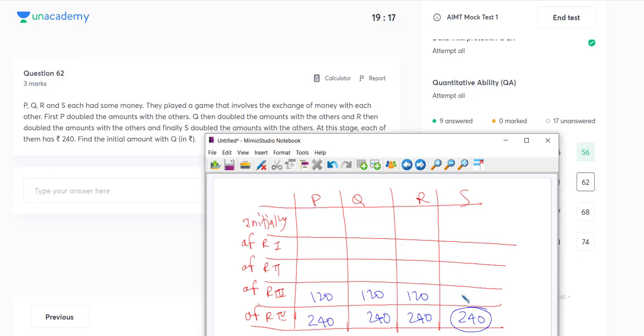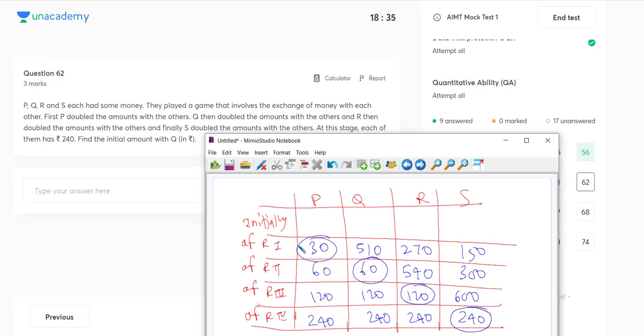360 plus 240 is equal to 600. Over here R doubled, so this will be 300 here, this will be 60, this will be 60. So R will be having 120 plus 300 and 120, 120, 120, 240, 240 plus 300, that is 540. Over here Q doubled, which means over here it is 30, it is 270, it is 150. So 270 over here for R. 270 plus 150 is 420, 420, 450, 450 plus 60 is 510 here.